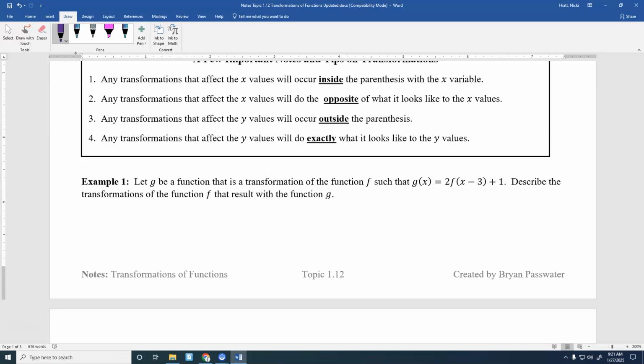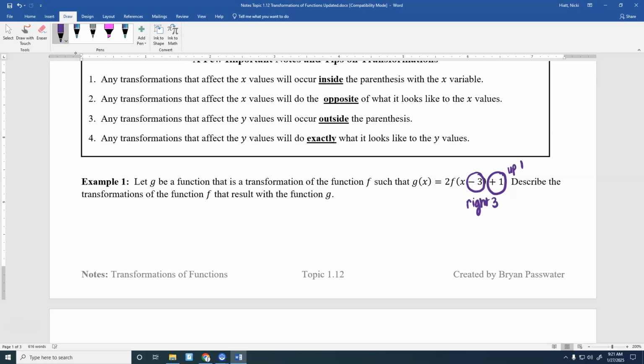That's where we're adding or subtracting. So this plus 1 right here is going to move this graph up 1. Okay? The minus 3 on the inside, because it's on the inside of the parentheses, it's going to be left or right, and it's going to go the opposite direction. So we have a minus 3 here, which is actually going to go to the right, or the positive direction,